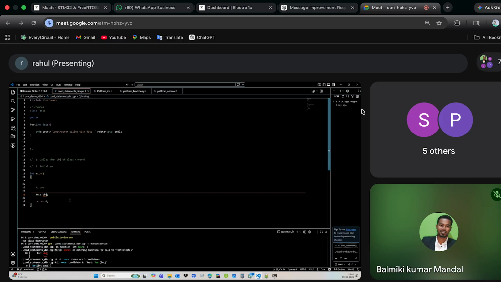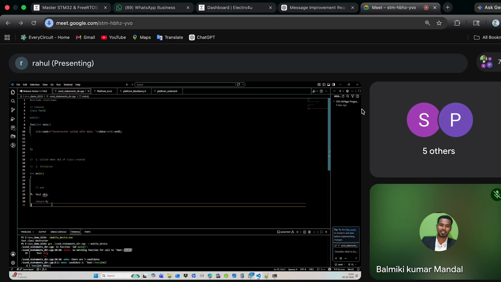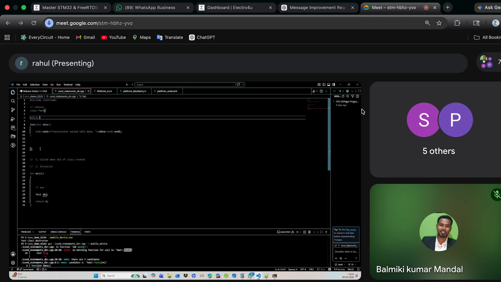Yeah. If you see this error closely, it is pointing at line number 28. Line number 28 is here. It is telling no matching function call for Test::Test. It is showing a default constructor right now. This is the syntax for a default constructor, without parameters. When you create an object here without a parameter, the compiler expects, okay, the user is trying to create an object without parameter, I should call the default constructor, but there is no default constructor anywhere.